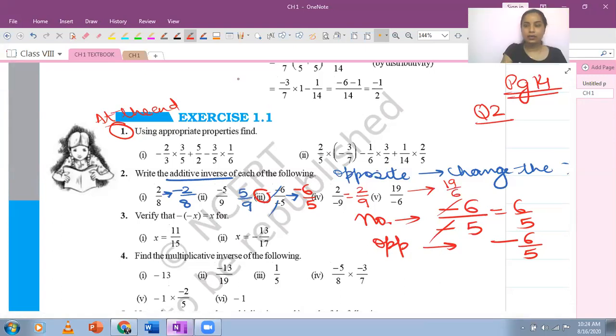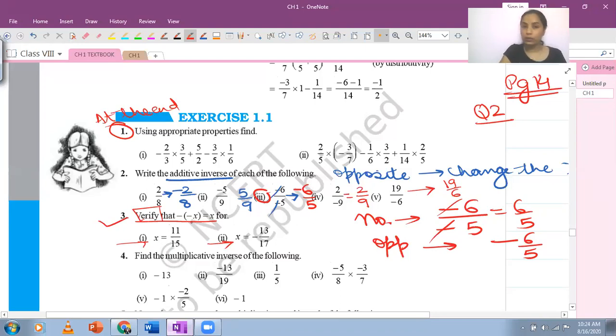That's correct. Okay. Now, question number 3. This will be done in the notebook because we have to verify this. Verification means you want to check that this property, whatever is written: after verify, whatever is written in that expression, if you use these values, the ones given here in the first part, in the second part, in place of x, you will get the result to be true.